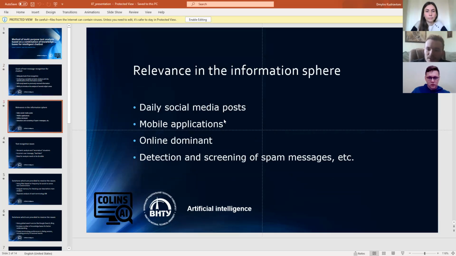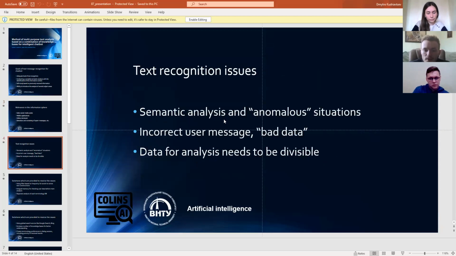So the relevance of this article is that we can use it in mobile applications for detection and screening of spam messages, also to improve user experience on websites or in help services. The main text recognition issues that we found is that semantic analysis can create some anomalous situations related to the short form of words that the user entered. Also, it's bad data